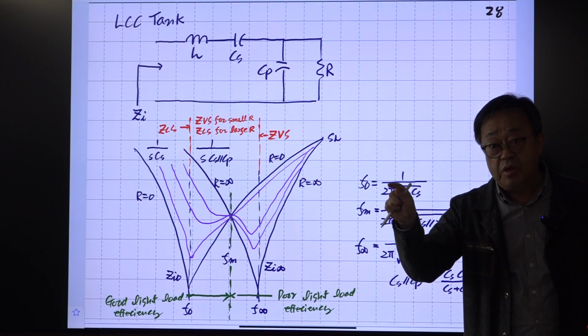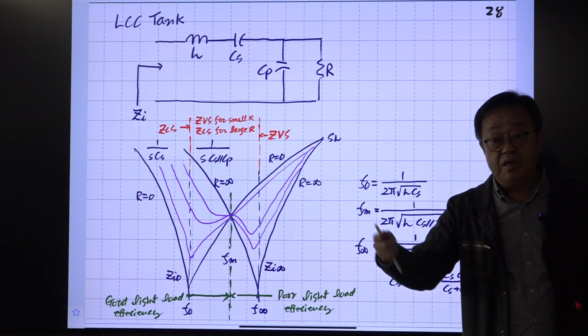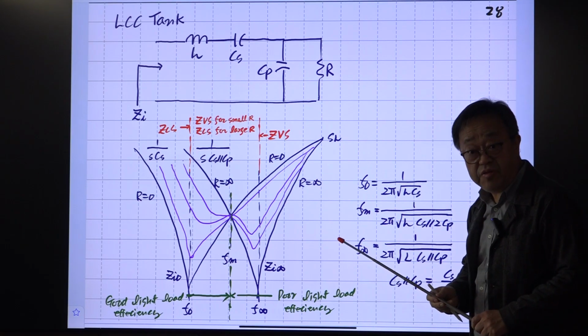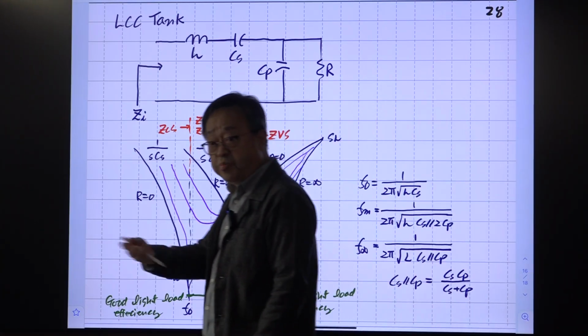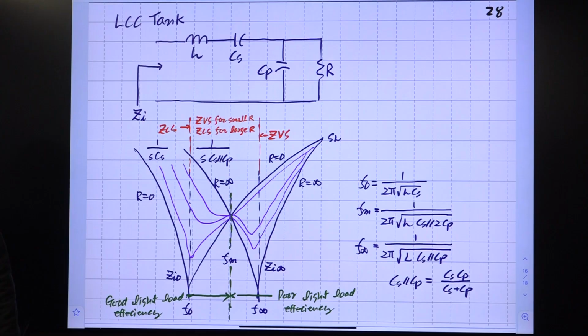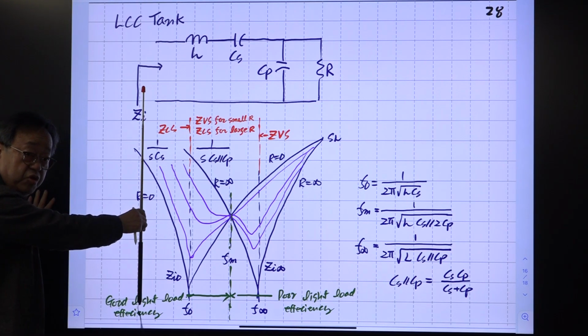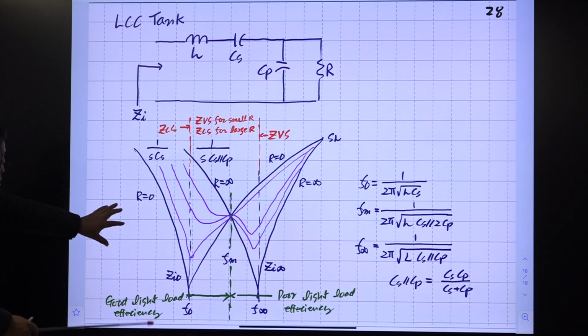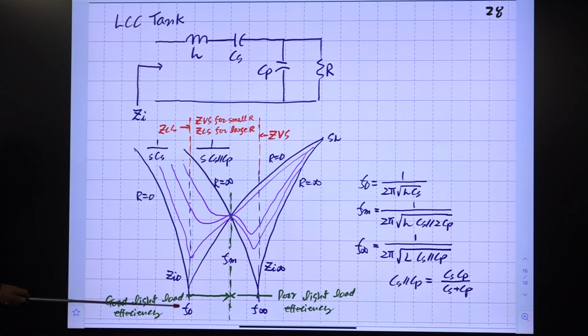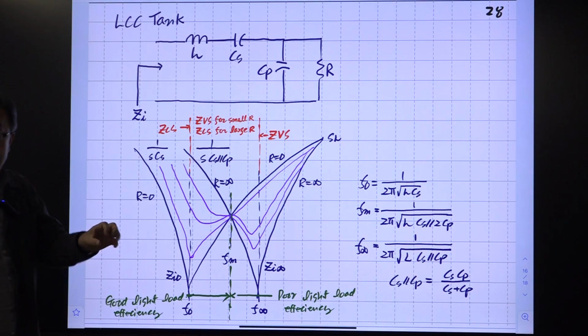But GTOs, minority carrier devices, should operate in the GCS region because of the reverse recovery problem of junction behavior. Then they should operate in this region for GTOs, and here the line-node efficiency is very good. This structure is ideal for GTOs. So LCC is bad for the resonant converter, but that is a false statement.